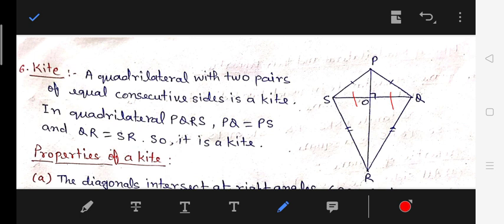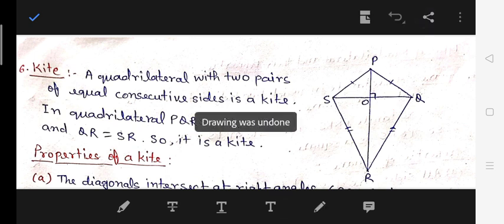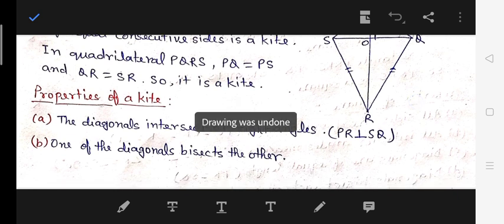So students, these are the different types of quadrilateral and their properties. So you need to write these types of quadrilateral and their properties, and you need to learn these also. The next exercise will be based on the different types of quadrilateral and their properties. So thank you students. In the next video I will discuss the questions given in the next exercise.